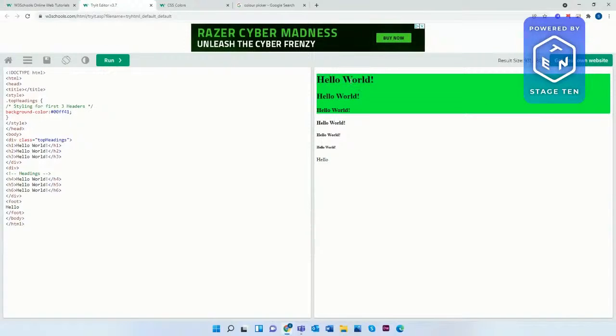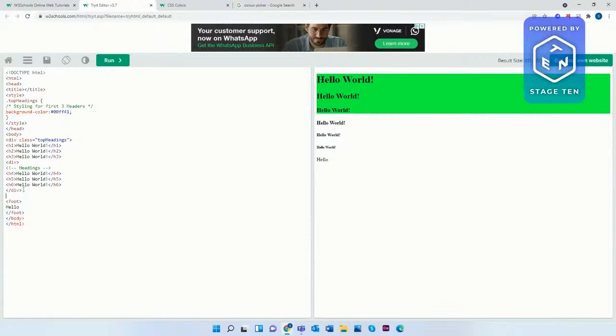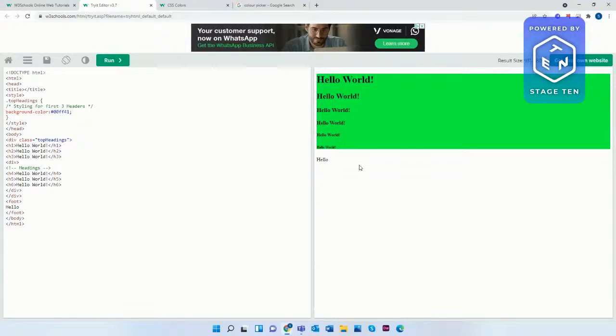Run, you can see how it shows it only behind here, only around this area, and that's because it's only doing it for this div. So if we move this div down, we close the div, we'll make that green. So if we wanted to make the whole page background green, instead of doing a div for the whole page,